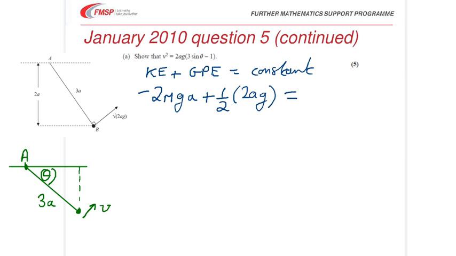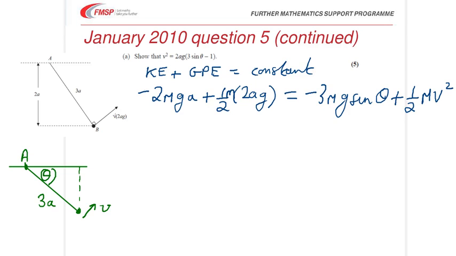The GPE, the gravitational potential energy at the point where the angle is theta, this vertical height, is 3a sine theta, and because it's below A, that's negative potential, so call that minus 3mga sine theta, and we've also got the KE at this point, which is half mv squared. Right, the m's will cancel,